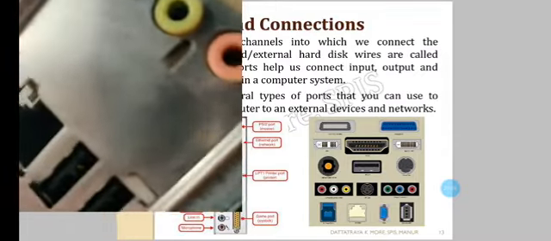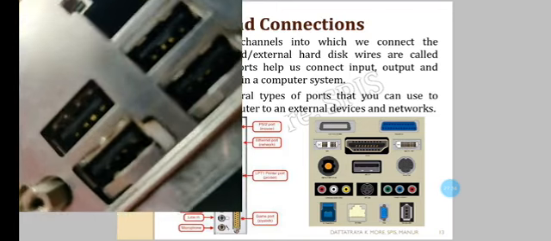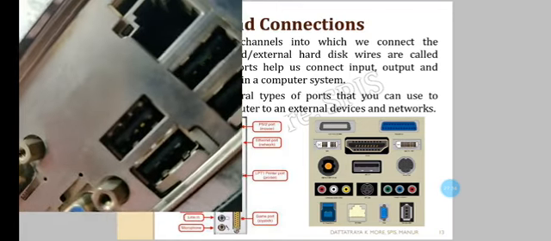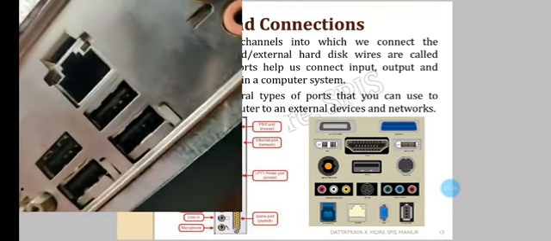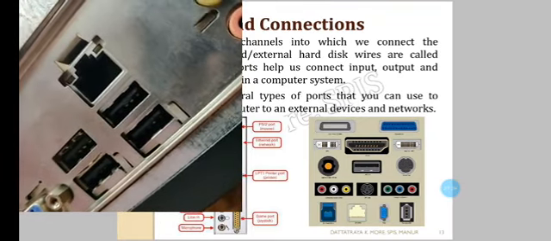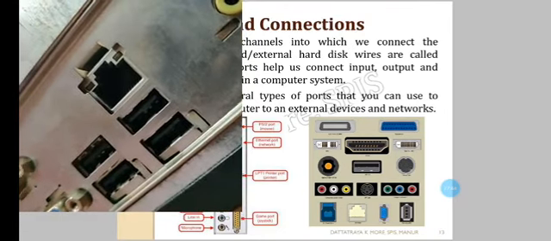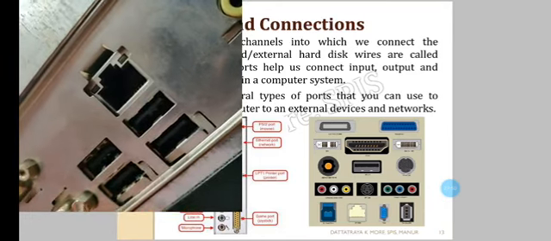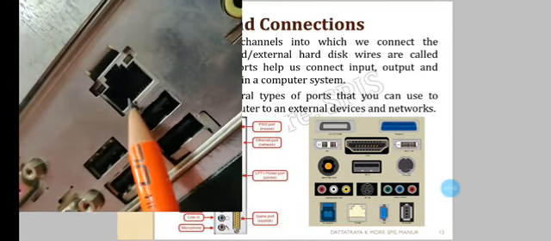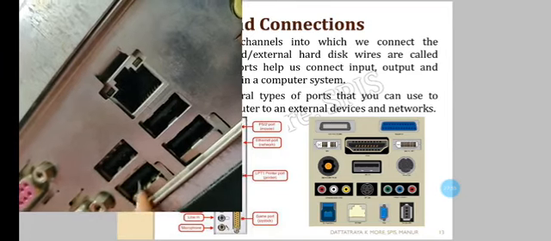I will give you a very close look at that. Please observe it very carefully. Your pen drive, your mouse, keyboard nowadays, even your printer, scanner, any computer peripheral device nowadays uses a USB port. Okay, these USB ports are there. Here we can attach those devices.